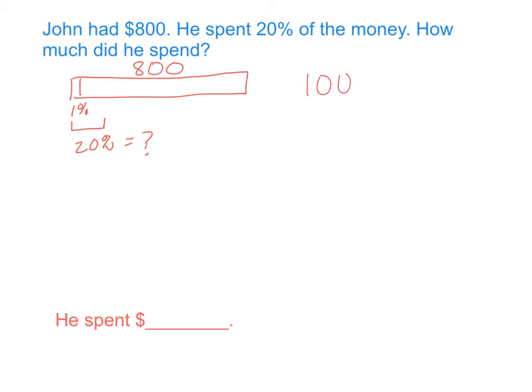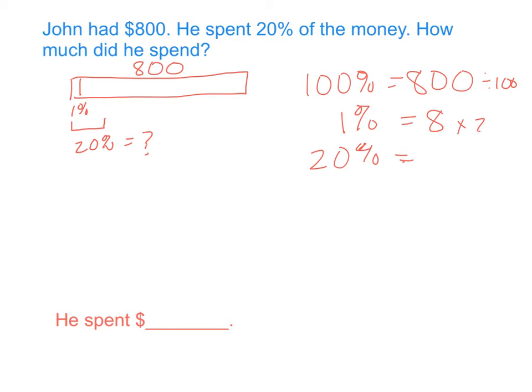So 100% equals 800. To find 1%, I'll divide that 800 by 100 to give me 8 is 1%, and then I want to know 20%. So 8 times 20 is